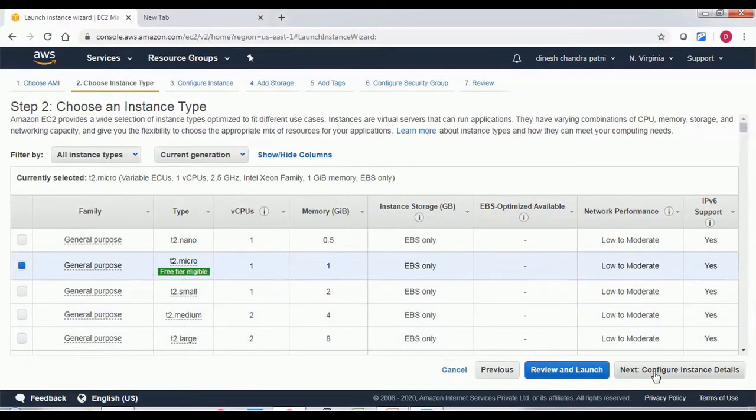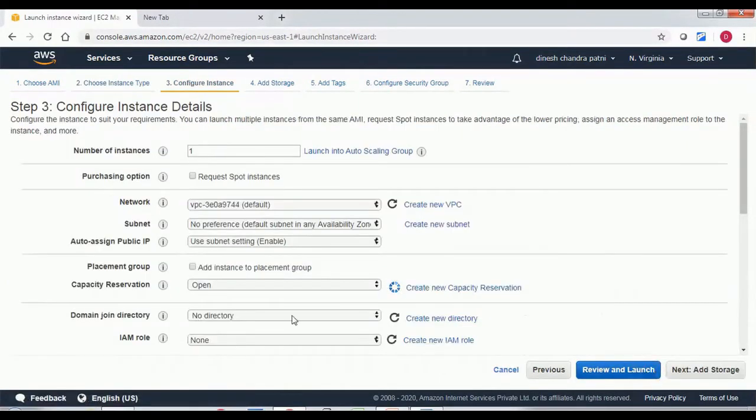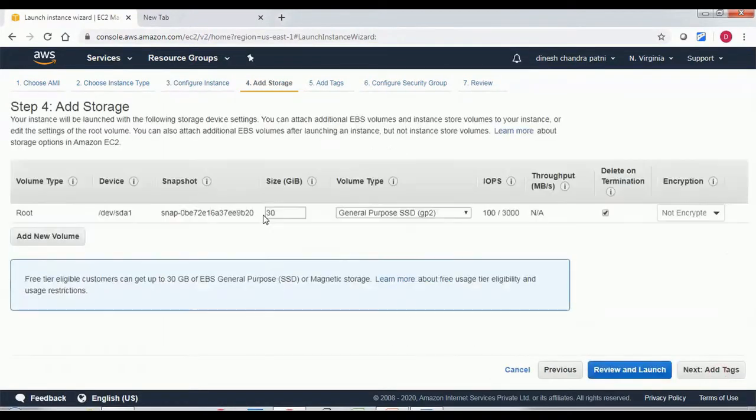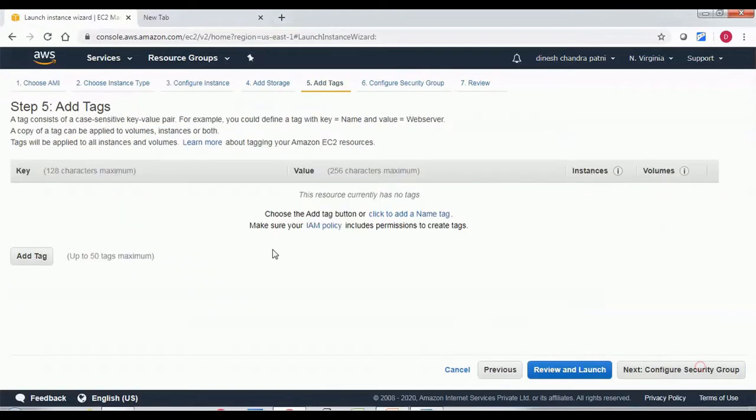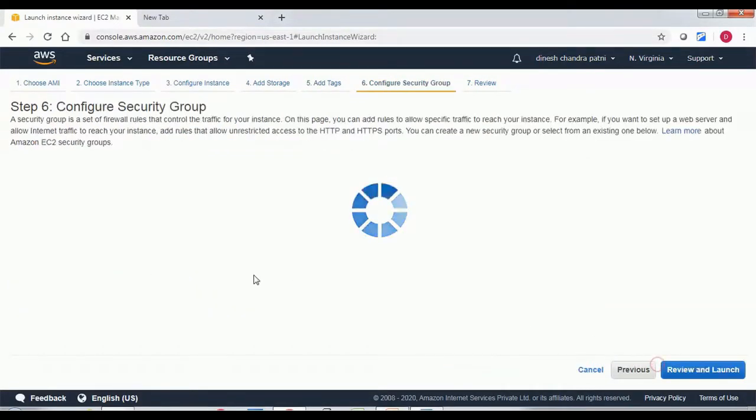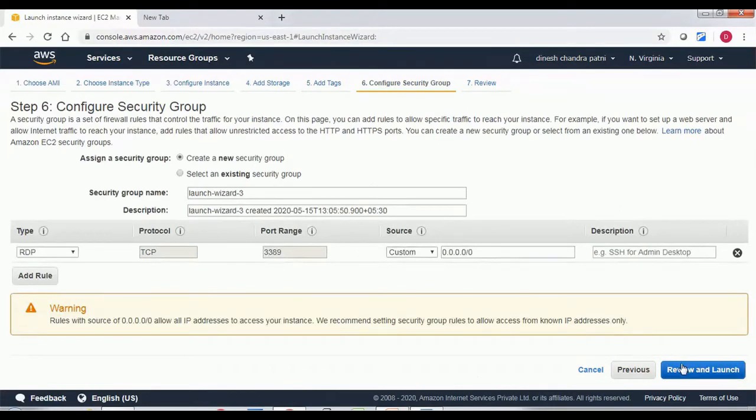So I will click on Next. I will keep everything default. Next, I am not going to add any storage. Next, I will keep this one also default. Next, default security groups,